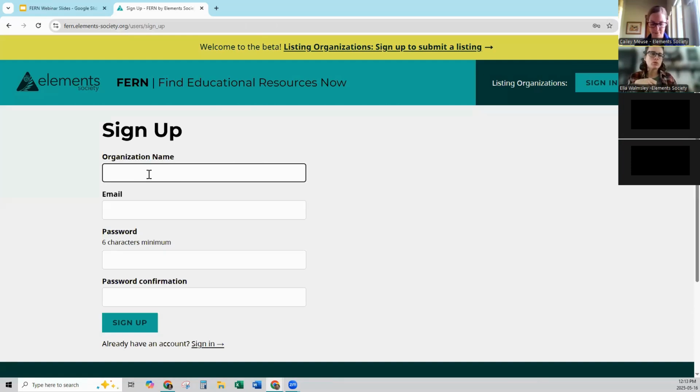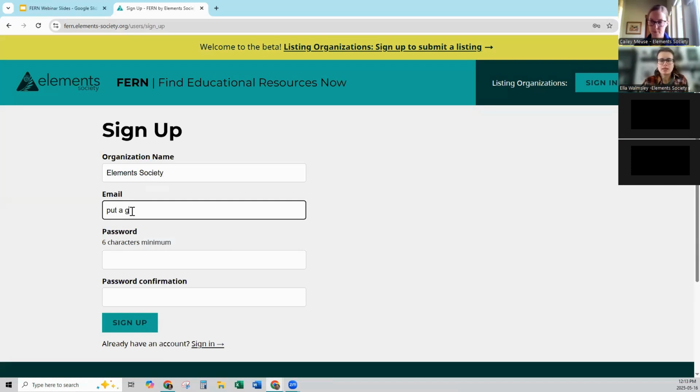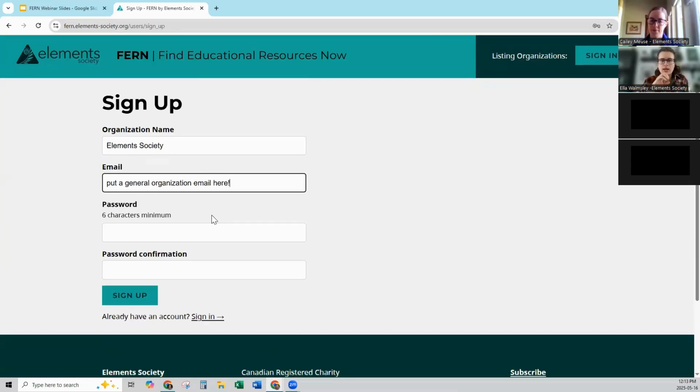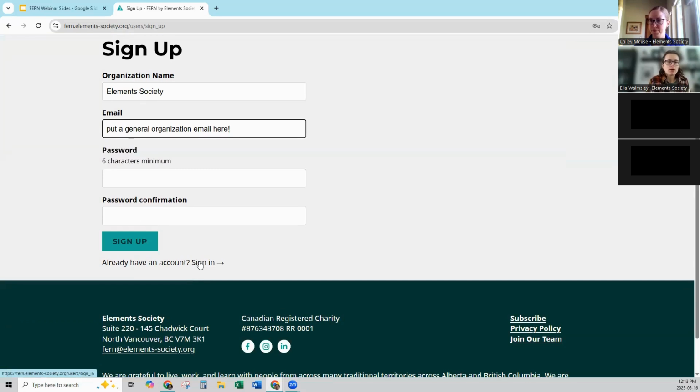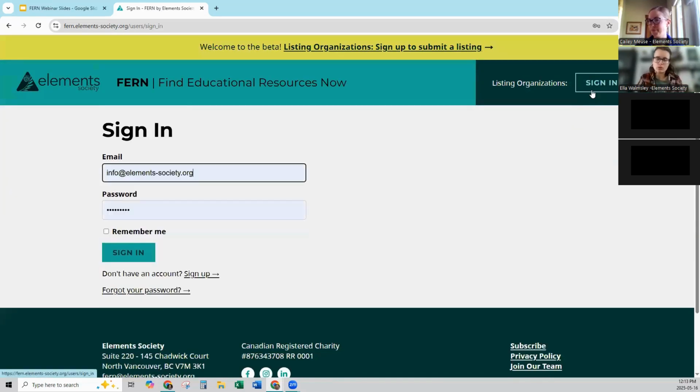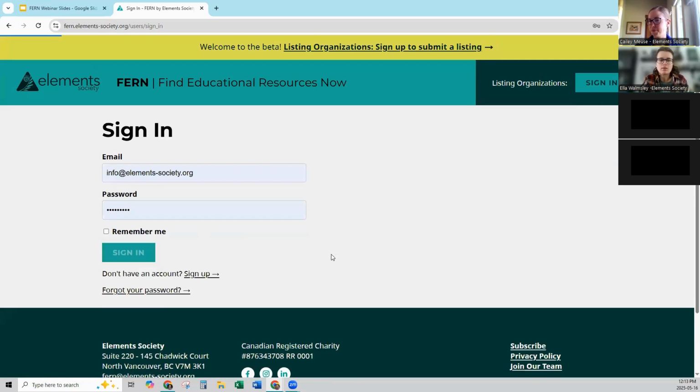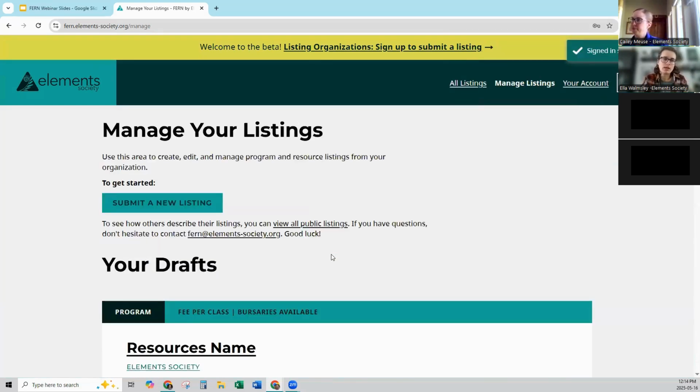So when you're creating an account, we highly recommend making this a general organization account rather than a personal one, so that different people in the organization can have access to the account, and it's really easy to pass on if necessary to someone else, or have multiple people be able to look and edit the listing as necessary. So you'll just put in your details here, and then you can just click sign up, and it will take you to a page for your organization where you can have a look at, manage, and create your own listings